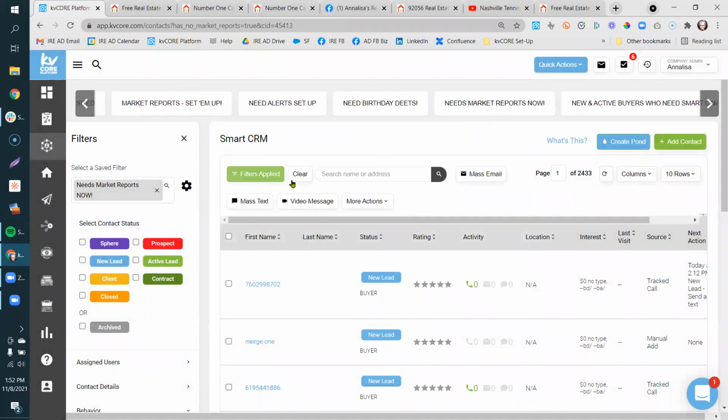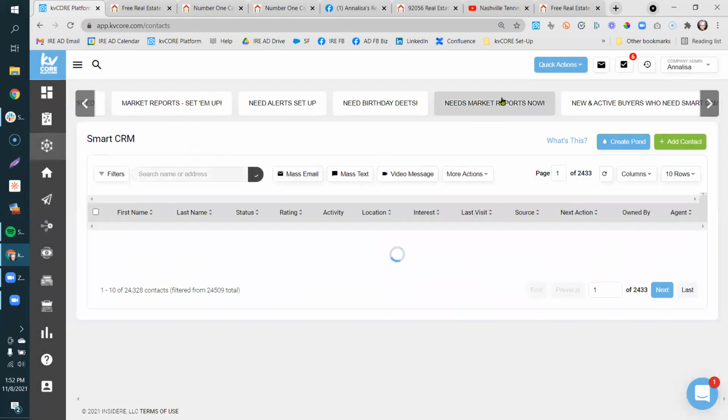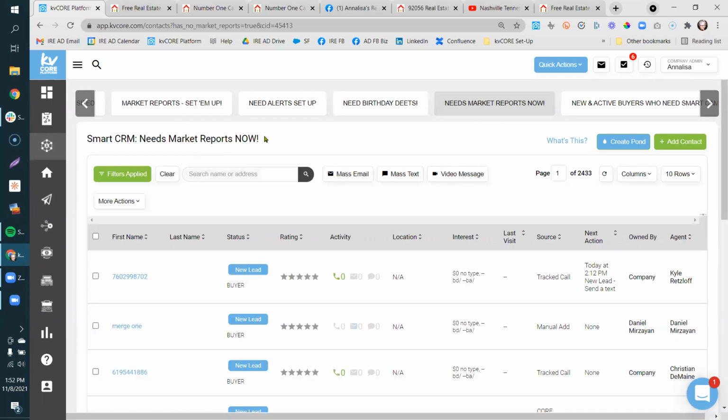And when I log in anytime to my dashboard, I can just click on this, and it brings up this list alone. And this is my hit list. So everyone that doesn't have a market report falls onto this. And then as I add a market report to people, they fall off. They become nice working lists. They're priority. I call them priority lists. Those are things that you need to do every day that are high priority, and you don't want people slipping through the cracks. So having that kind of exception reporting for your leads that might be slipping through the cracks,